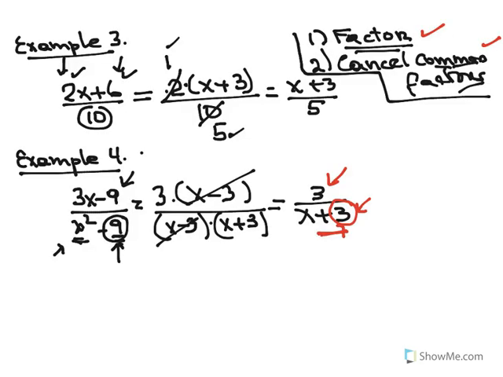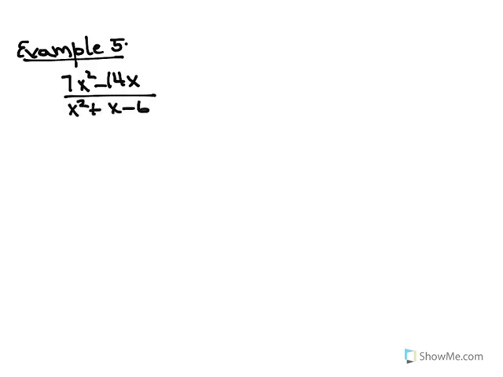So right here we did example 4. We're going to do here example 5. Example 5, let's go with 7x squared minus 14x divided by x squared plus x minus 6. Okay? Now let's try to see what we can do at the top. The top we have a binomial, and neither one of those terms are perfect, but I can see that I